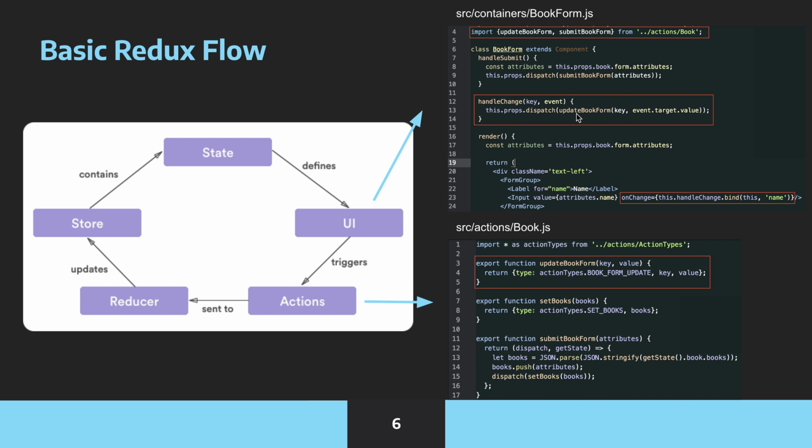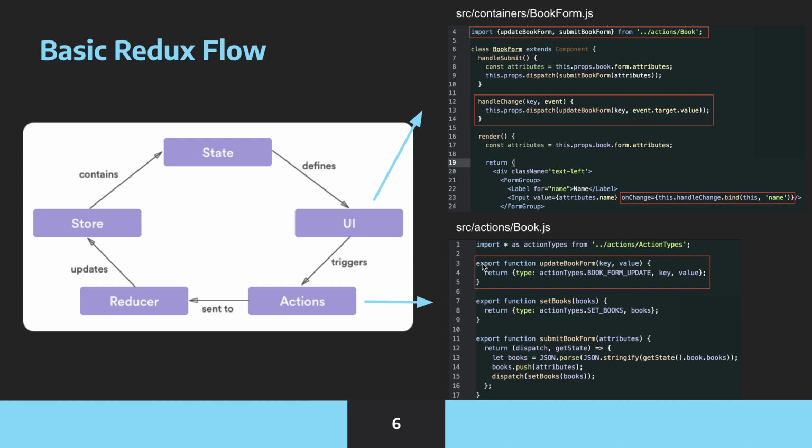That's going to dispatch the action that's called update book form, and that will pass the key, which is the attribute I want to update, and the value that I want it to be updated to. That'll pass that to the reducer. So if we see source actions book down below, that's where I'm importing that function from. So line 3, update book form, it accepts a key and a value, and then it just returns a simple